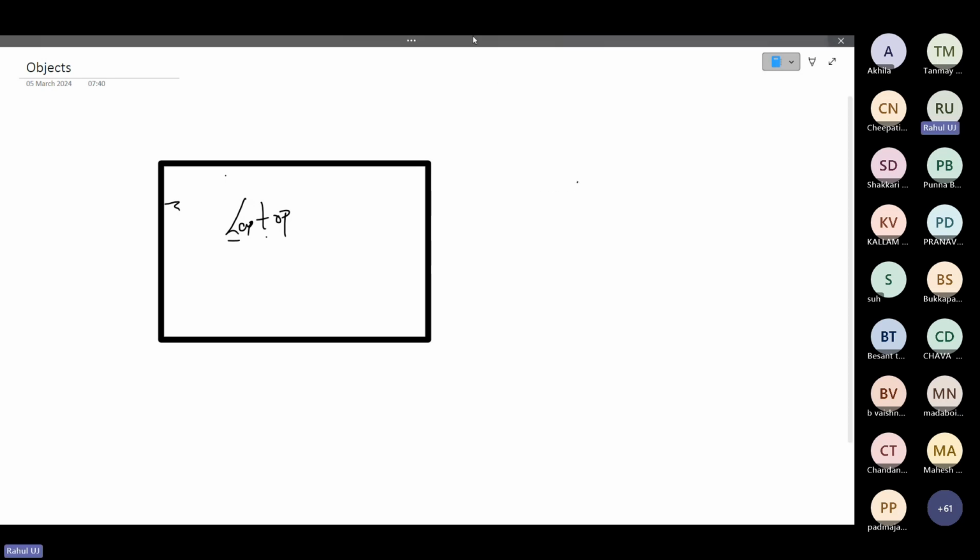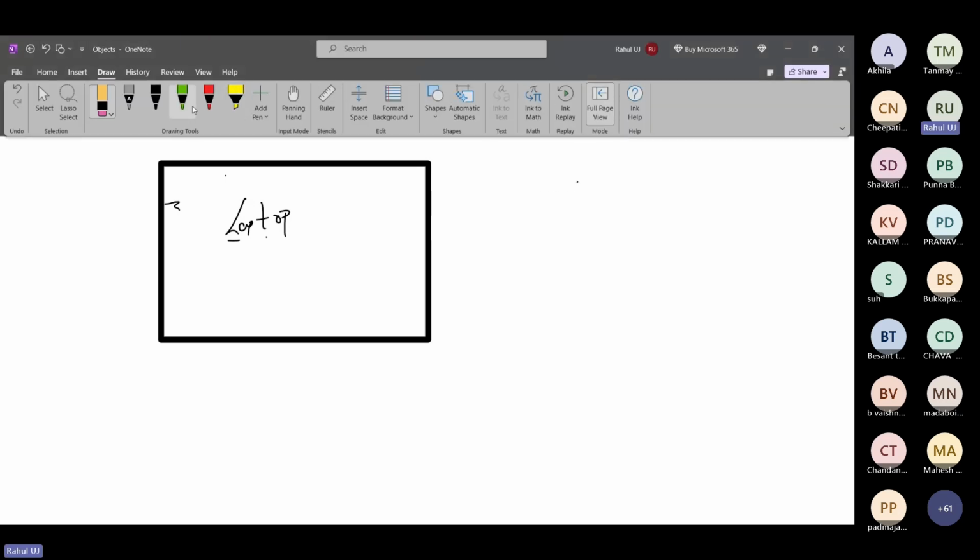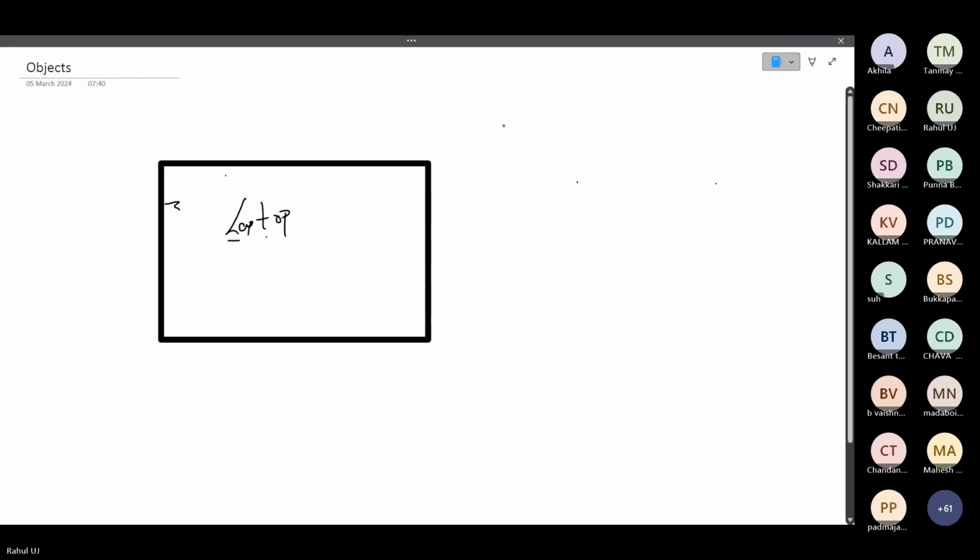So what actions can we do using a laptop? What tasks?